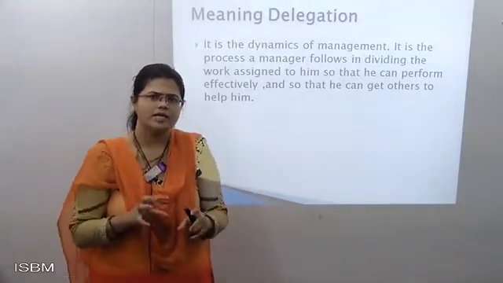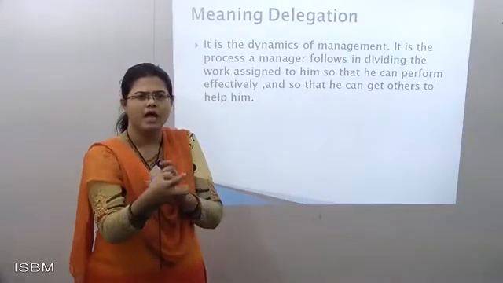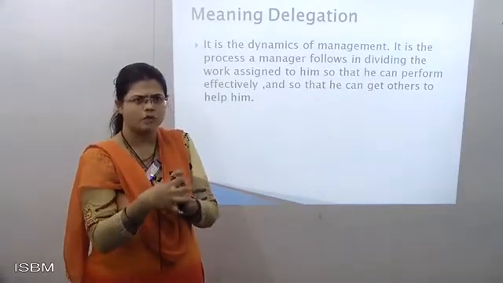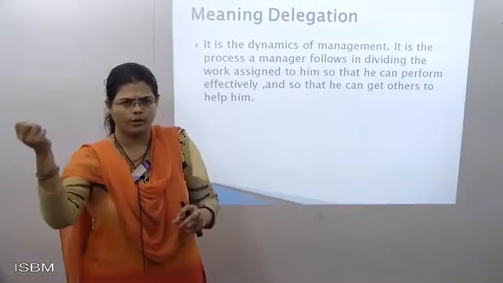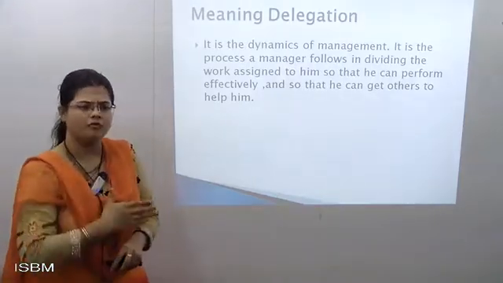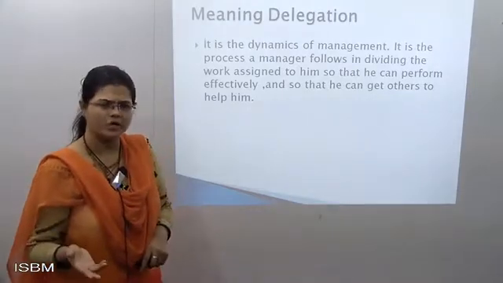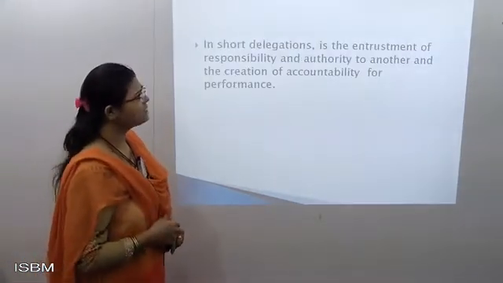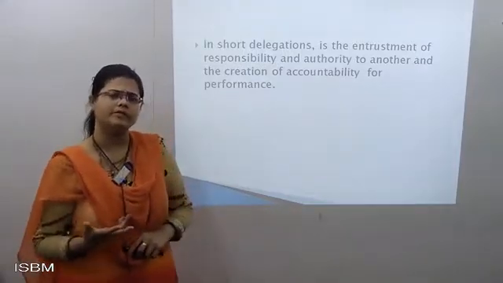If the work has been delegated to someone else, ultimately it will be divided. And according to that division, the work will be conducted very smoothly. It doesn't take a longer period of time. That is why works are divided, to be completed half by you and half by you. And with the help of this, the work will be delegated. In short, it's a way of showing a good way of accountability with the help of a proper way of